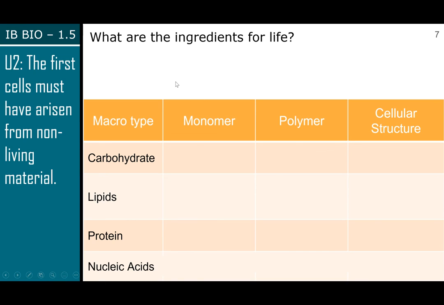So remember, an organic molecule is something that is produced by a living thing and it contains carbon. And by now, you should be pretty familiar with the 4 major categories of macromolecules, right? Carbohydrates, lipids, proteins, and nucleic acids. And if you need a reminder,